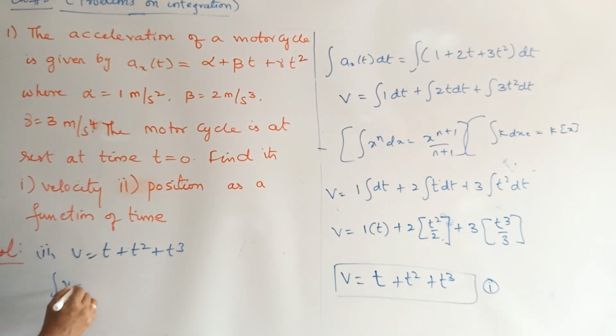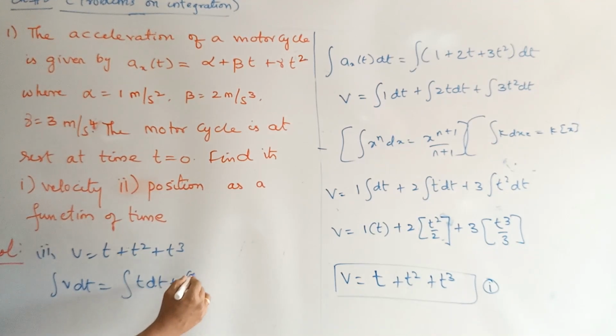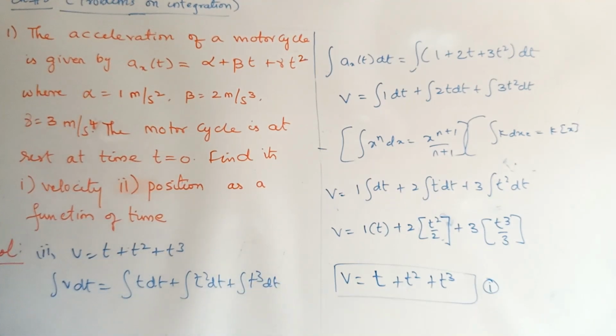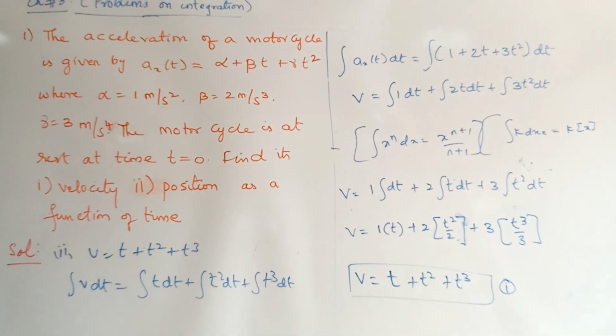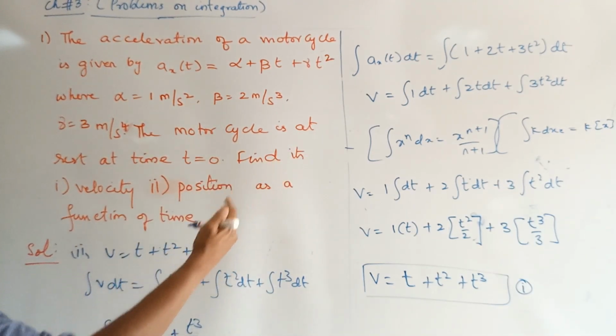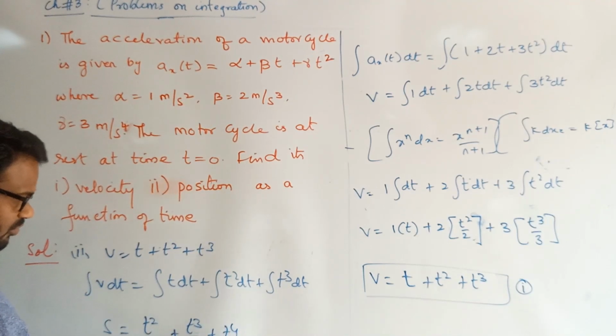Now integrating on both sides: integration of t dt, I am writing directly, plus integration of t square dt plus integration of t cube dt. I am writing the terms separately for integrations accordingly. Now solving this, integration of this gives rise to what? Position or displacement. Integration of t dt is t square by 2, plus integration of t square dt is t cube by 3. You should know this formula, x to the power of n, I have written the formula there. In place of n I have 2, accordingly t to the power of 2 plus 1, plus t power 4 by 4.